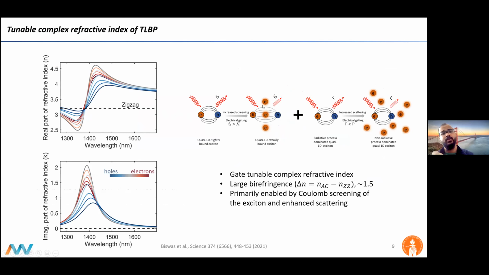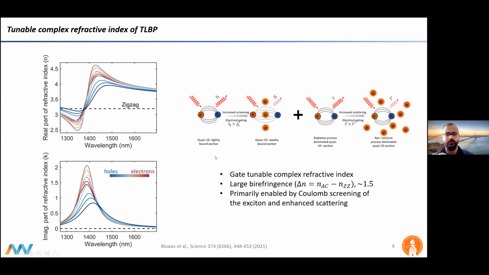And so the reason why we think that this is the case is because we're basically having 2 predominant effects. One is the screening of the exciton, which is when you have more charges in the system, your exciton is being efficiently screened, and as a result, its binding energy decreases, your wave function is much more spread out, and then you have a lower oscillator strength. As you can see, the reduced absorption strength. And at the same time, you see a significant broadening of the peak as well, and that's due to more efficient scattering, because now your exciton is bumping against all these extra electrons, and you have non-radiative decay processes dominating